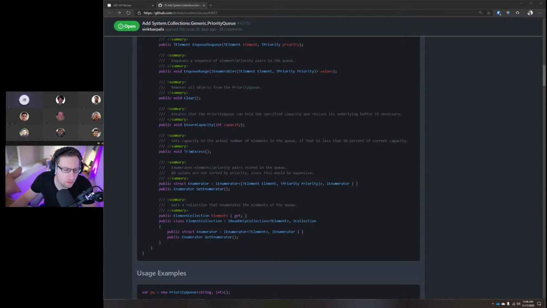So I'm just looking at list of T. It doesn't seem to have an ensure capacity. I think that's an internal method, I think. But it does have capacity itself as a settable property. Well, you can pass the initial capacity, and it may have a settable property. Yeah, which I think ensure capacity was a private helper. But I'm pretty sure we exposed it somewhere because it does sound very familiar. Yeah. List of T capacity is get set. Yeah, dictionary has ensure capacity. That's where. Yeah, I think it makes sense.